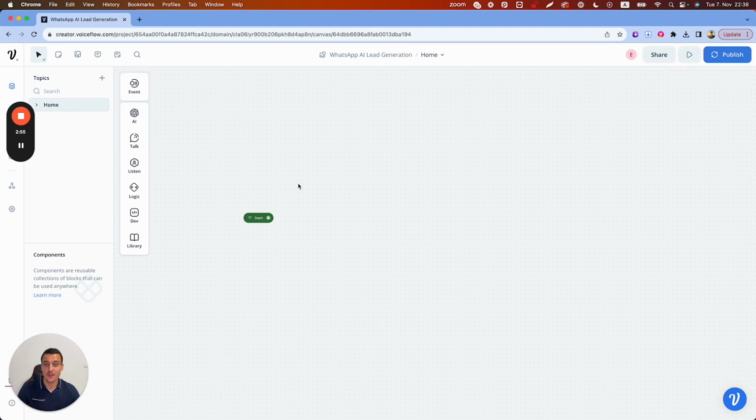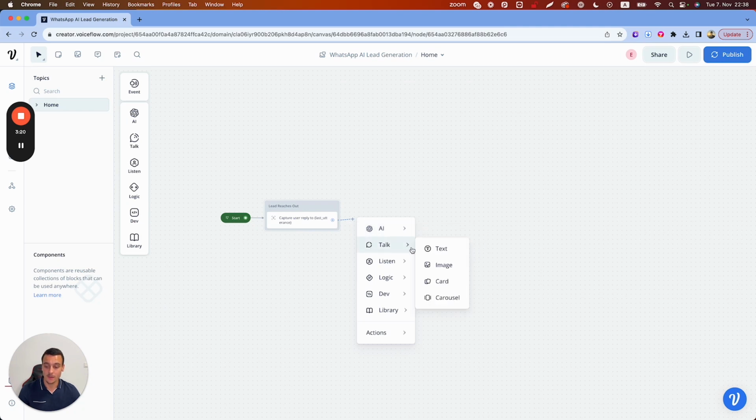Now, the important thing to remember when you integrate a chatbot into WhatsApp, Instagram, etc., is that the first step always needs to capture a user reply, because we cannot be messaging people first unless you do that manually. But the first step for the Voiceflow build is going to be to capture a user reply, which is going to be the step that we had before, which is lead reaches out. So this is going to be where the lead reaches out to us. We're then going to send them a welcome message where we are going to say,